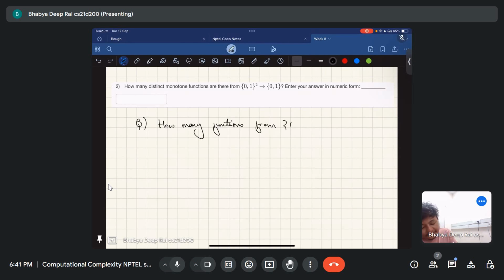From 2 bits to 1 bit? That is the question. So which is 0. So how many functions can you have? That is what they are asking. So 2 to the 2,